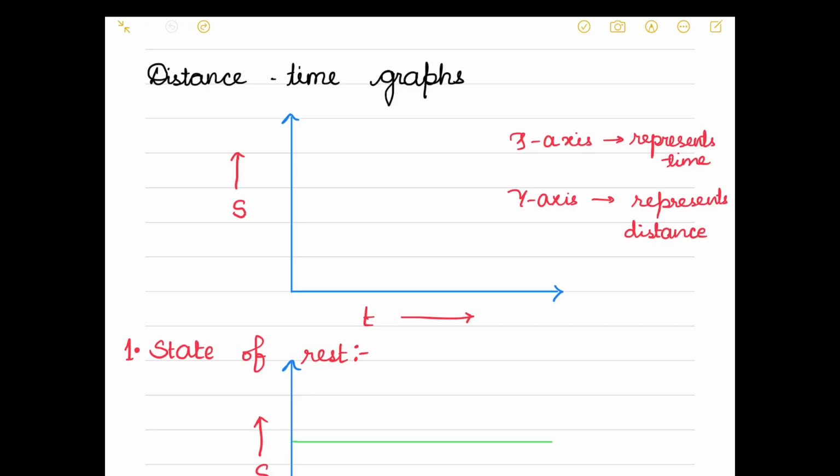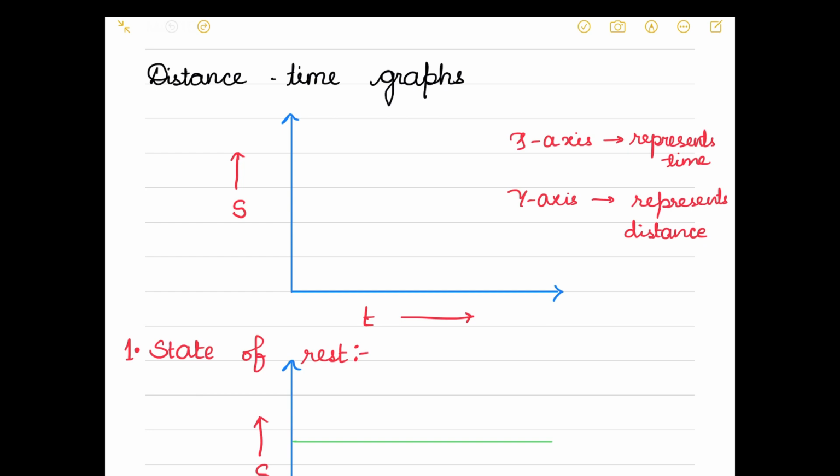This is the second part of our video on the chapter motion. Well, in our previous class, we had discussed some of the basic concepts of motion, which includes speed, velocity, acceleration, etc. But to understand these quantities better, we need to visualize those things also, and one of the ways we can do so is by using our mathematical concept of graph.